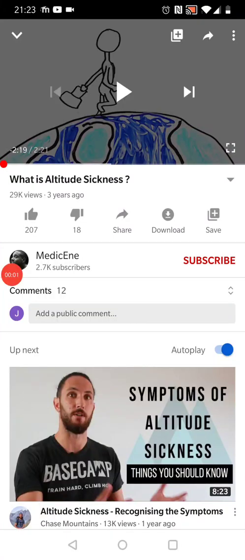Okay, altitude sickness, high altitude sickness, and how we adapt to high altitude. First of all, we need to understand the problem. The problem obviously is that there is far less oxygen at high altitudes. Why is there far less oxygen? Because the pressure is far smaller: the pressure of all of the air, including oxygen, and the partial pressure of the oxygen